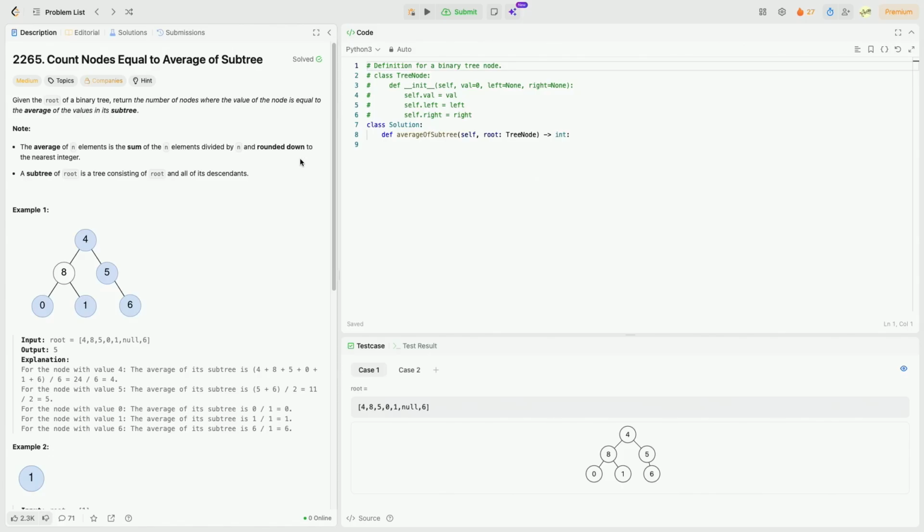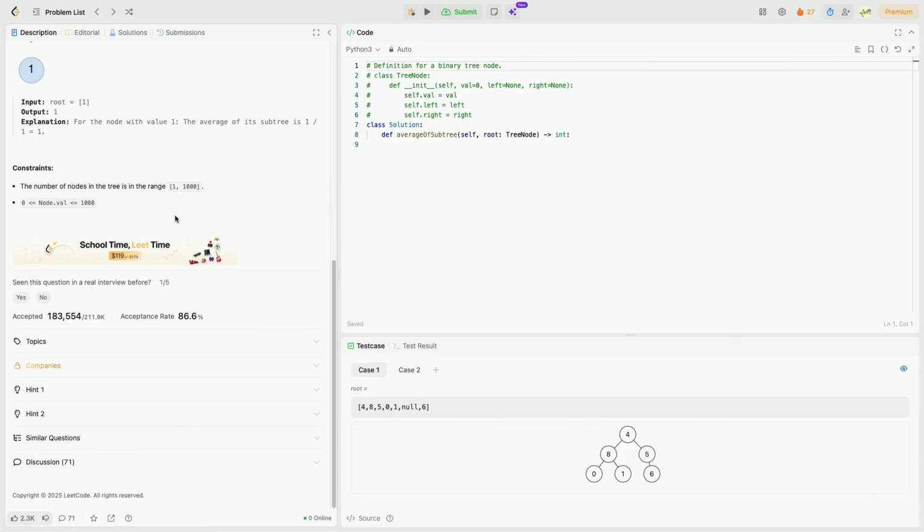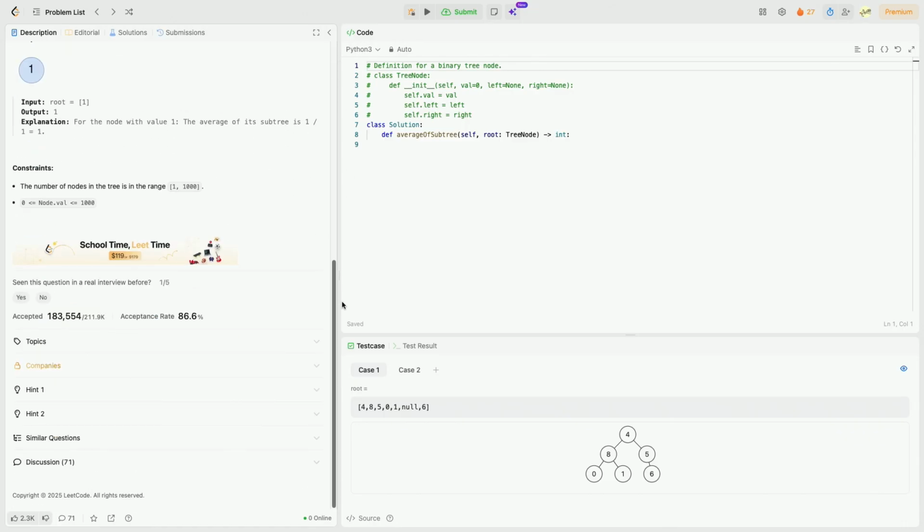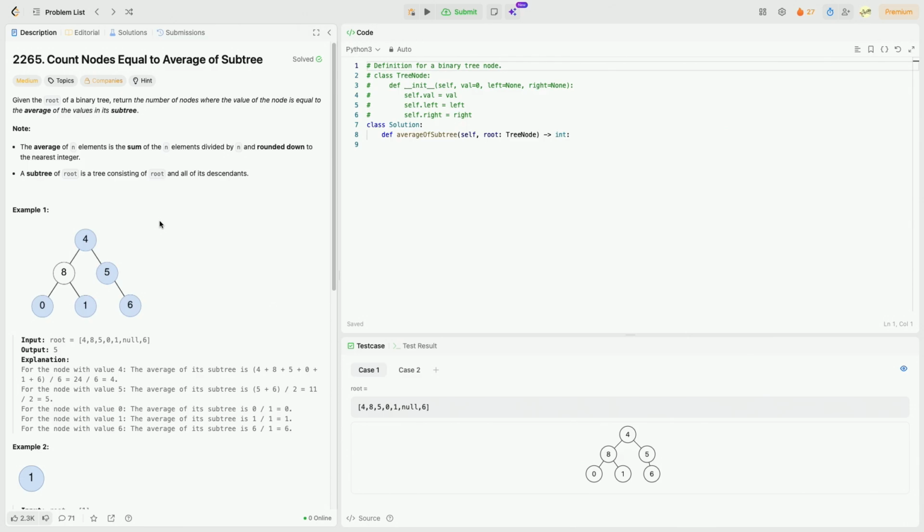All right, welcome back to another LeetCode medium problem, 2265. Count nodes equal to the average of subtree. I'm solving LeetCode problems a little bit interview style, where the focus is on communication, problem solving, and writing good code, more so than trying to come up with the shortest solution. But also to come up with a good runtime and space complexity analysis